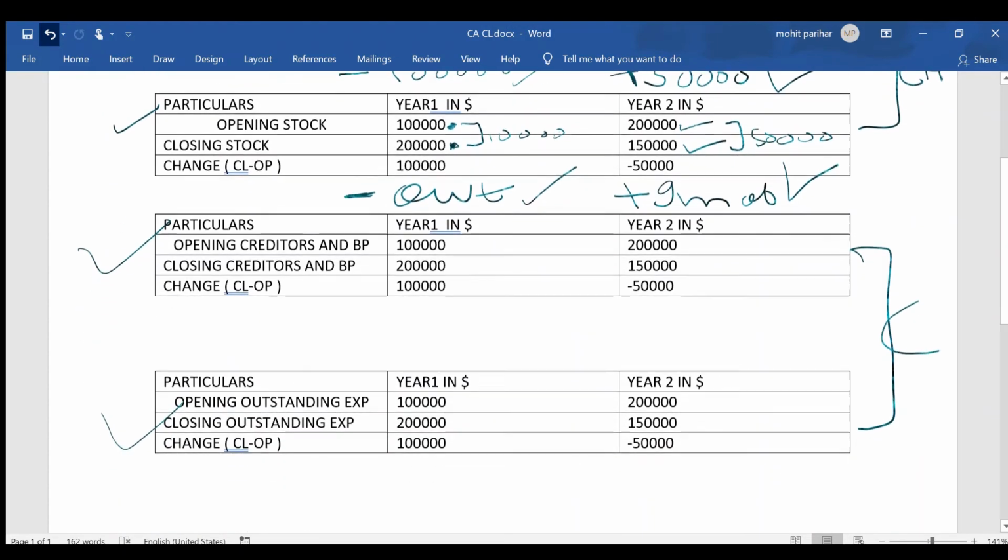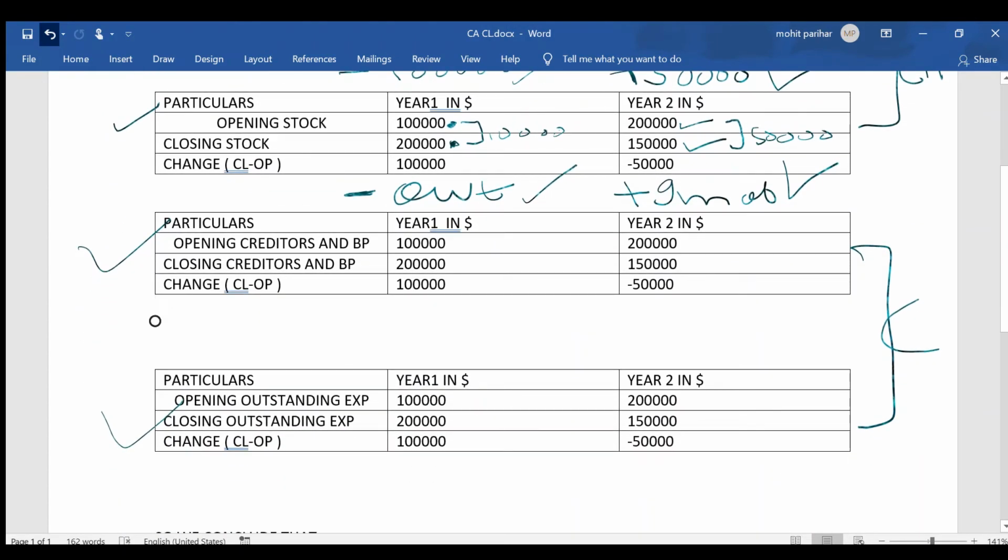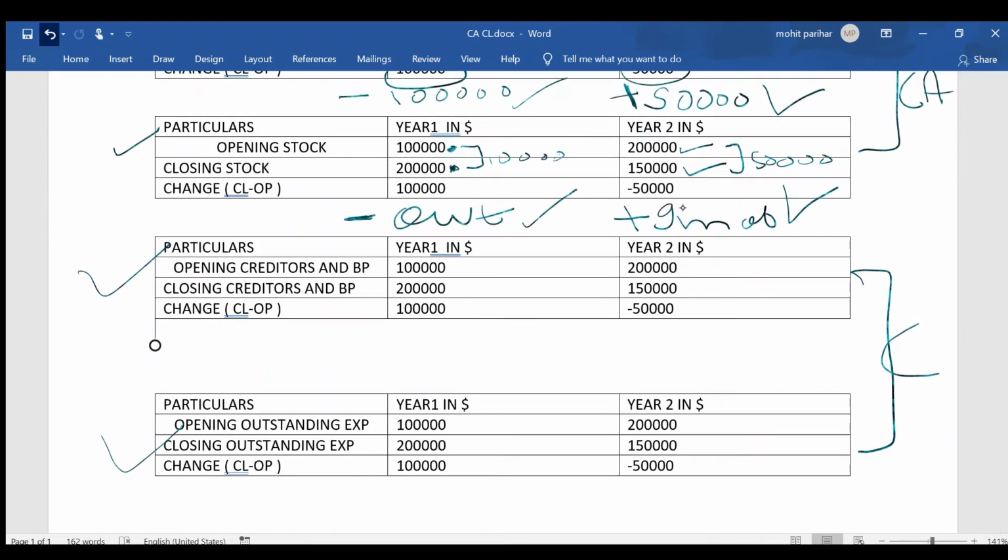Now, let's move on to current liabilities. Creditors are the people to whom you have to pay money. In the beginning of year one, the opening balance of creditors was $1 lakh, which increased to $2 lakh by the end of the year. This means that in the beginning of the year you had not paid $1 lakh to the people, and at the end of the year you had not paid $2 lakh. This means you have not paid an extra $1 lakh, and therefore there is a cash inflow of